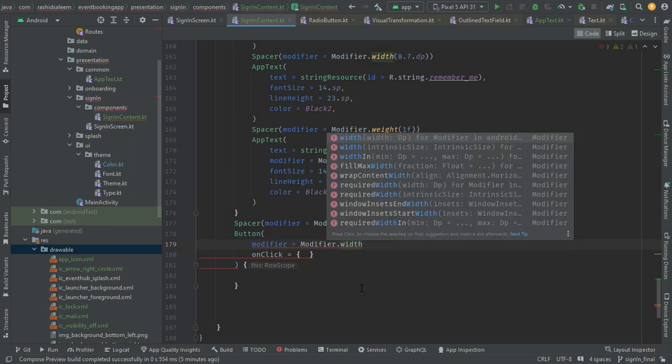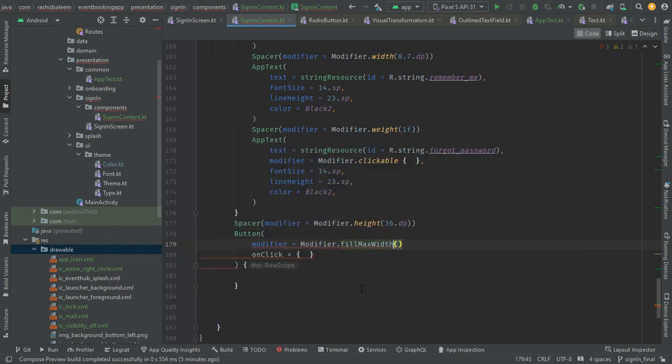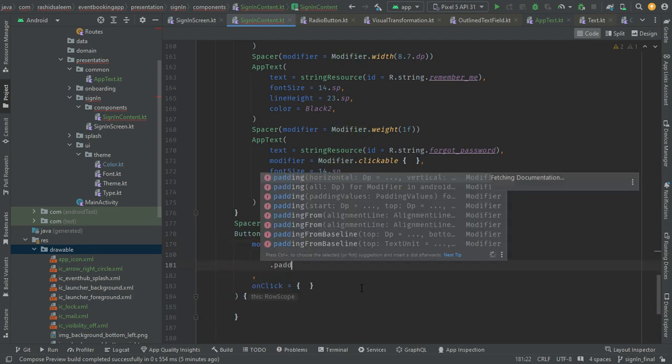So modify width, fill max, and horizontal padding would be